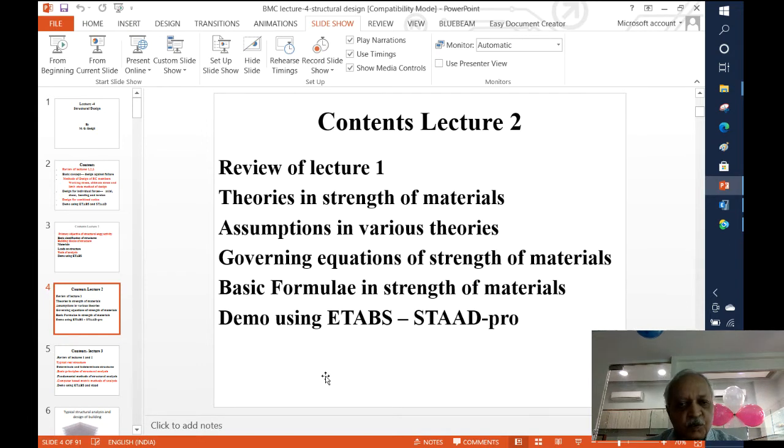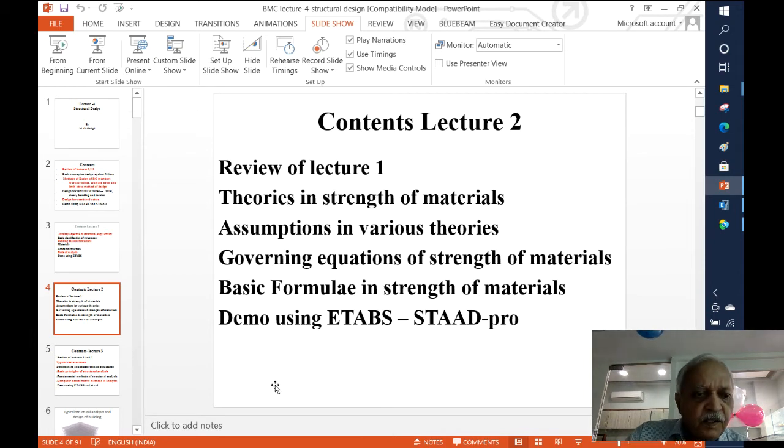These may be directly due to axial force converted to axial stress. Then we have the bending moment converted to the bending stress, which is tension and compression in two different phases. Then we have the shear force converted into shear stress, the torsional moment converted to torsional stresses. So various theories, the assumptions involved, and so on we had seen. And then we have seen some simple governing equations of structural engineering concepts, which are the theories of bending, or the buckling formula, or the torsion formula, and so on and so forth.